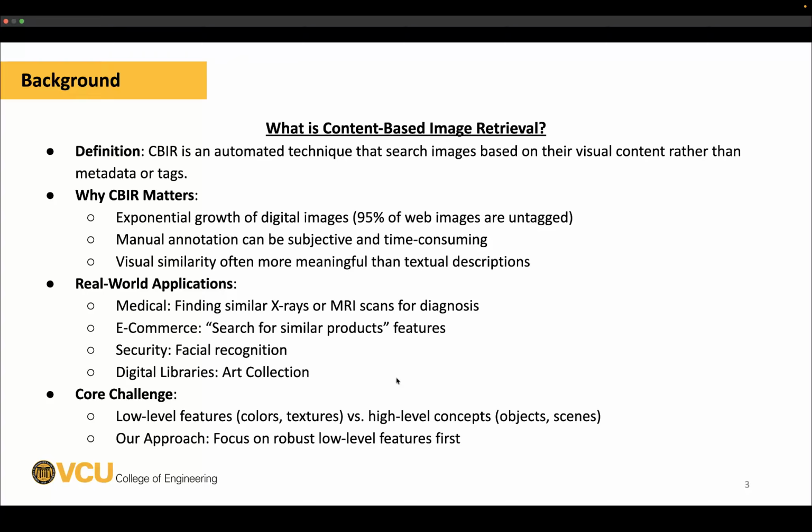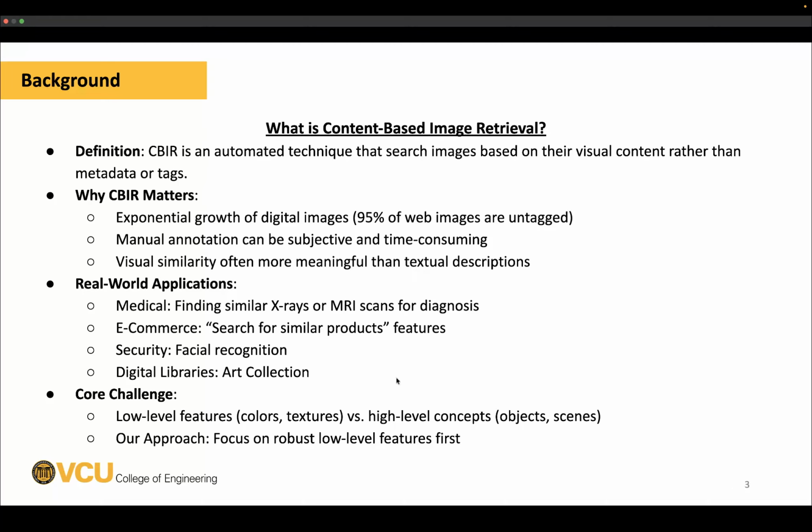Although deep learning and machine learning have addressed this issue, for our approach, we're going to focus on using low-level color features simply because it is a good starting point